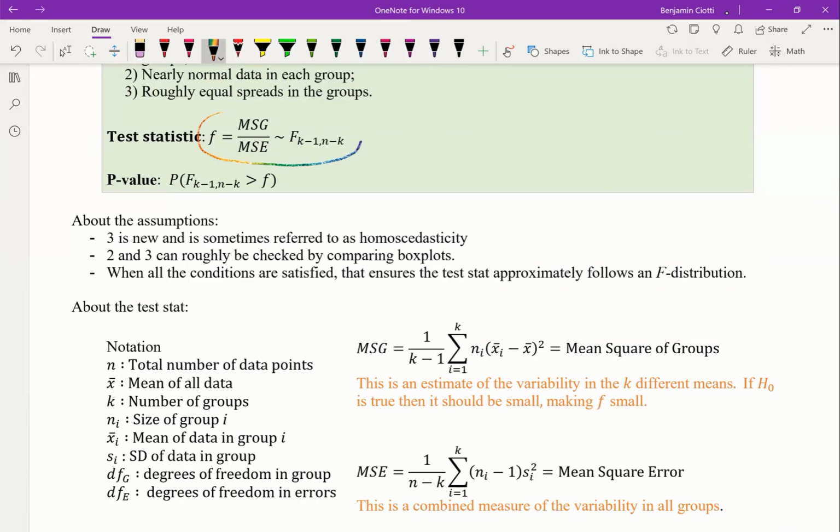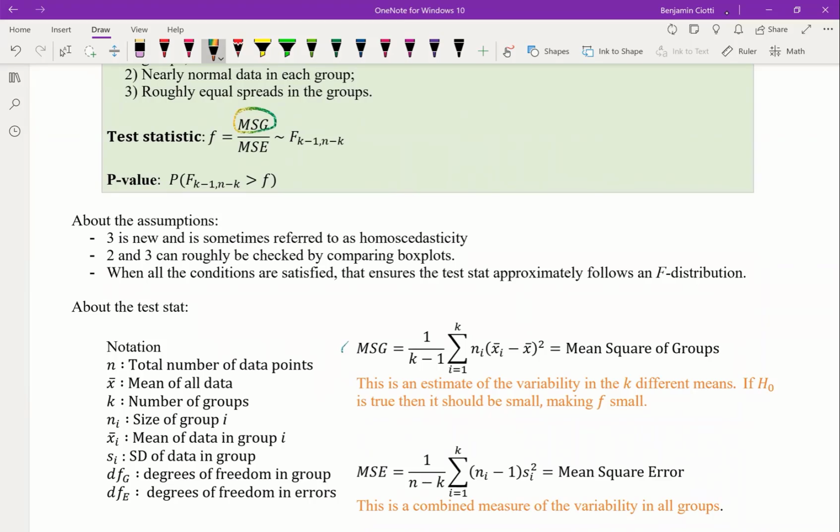So the test statistic, this thing is kind of brutal. Actually doing the calculations is pretty involved. So to even explain those formulas, I have to introduce the meaning of a whole bunch of different terms. So suppose that we have n total data points, and from that total number of data points, we can find the mean, x bar, of all the data points, but we also split them into k different groups. Suppose each group is of size n sub i, and in each group, we can find the mean in each group, x bar sub i. We can also find the standard deviation of each group. Well then,